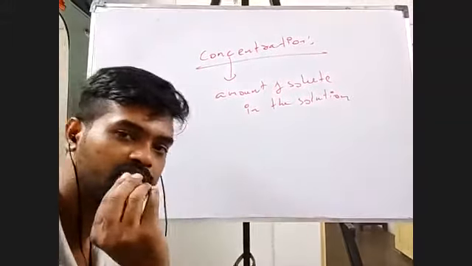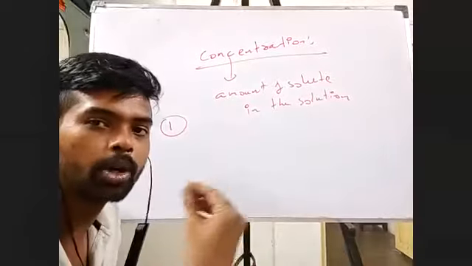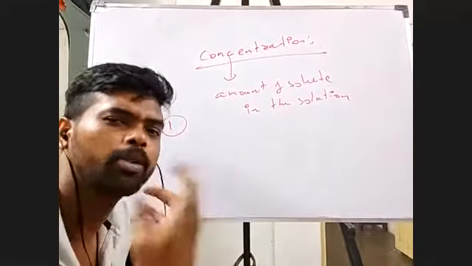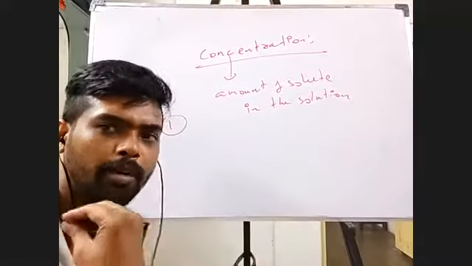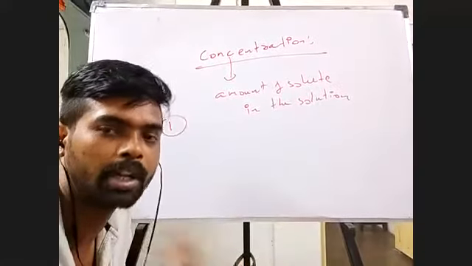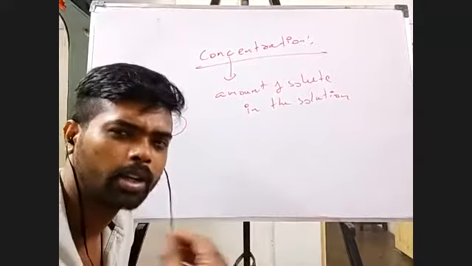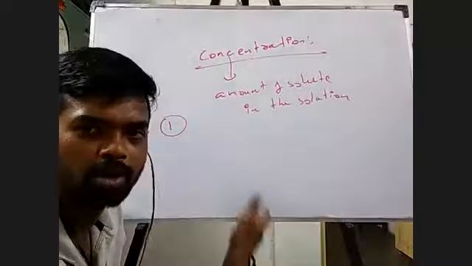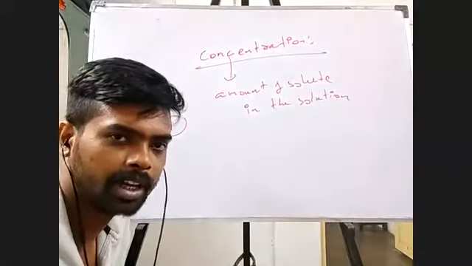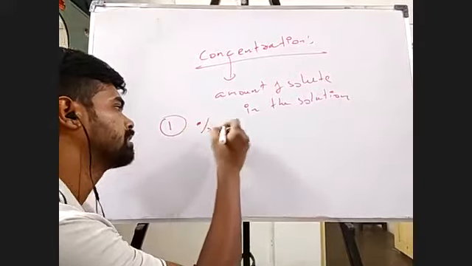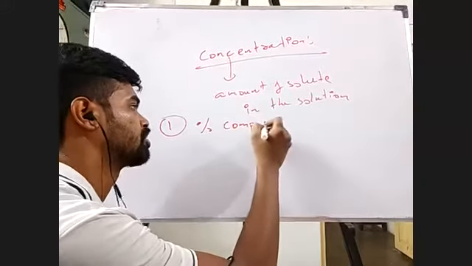Concentration generally talks about the amount, but I told you again, amount is a general term. Like moles, I can have 3 definitions. Amount can be in the form of anything. It can be in terms of number of moles. Number of moles is an amount. It can be in terms of volume. It can be in terms of mass. Or it can be in the form of so many things you're going to see now. Understood? Right. So the first one is what is called my percentage composition.